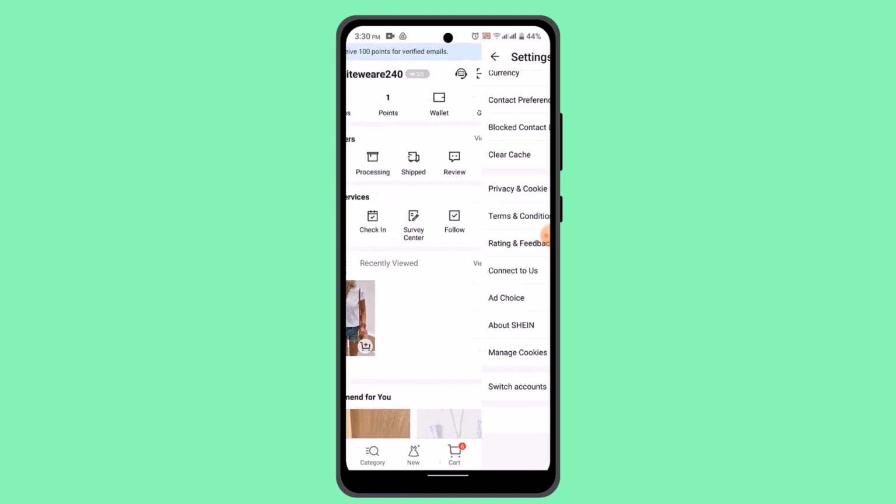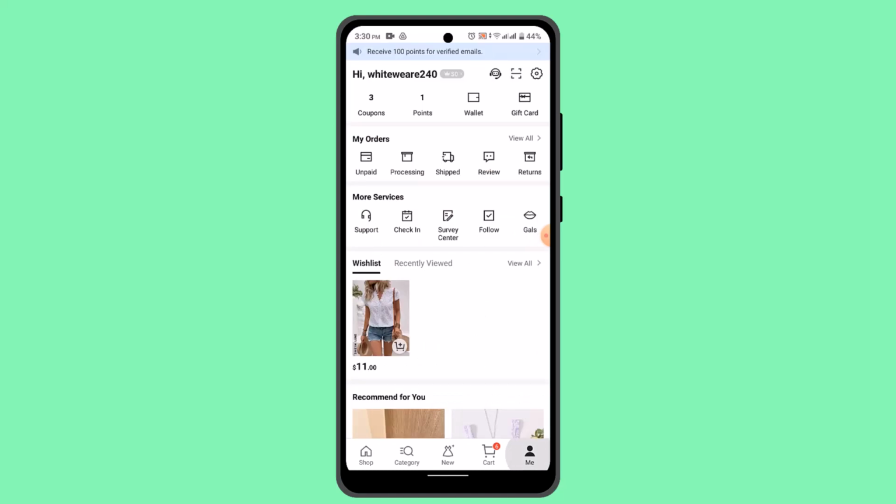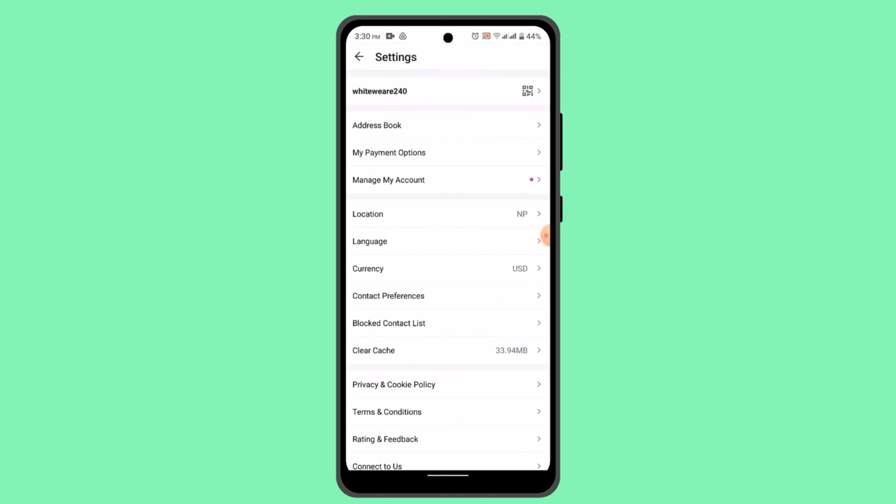If you want to make it understandable to a native language or a language that is appropriate to you, then what you'll have to do is just go ahead and tap on the me icon located right at the bottom. However, there must be some certain limitations, so you might not be able to get all the languages that you're actually looking for. So when you just go ahead and tap on the gear icon from the top right hand side corner,